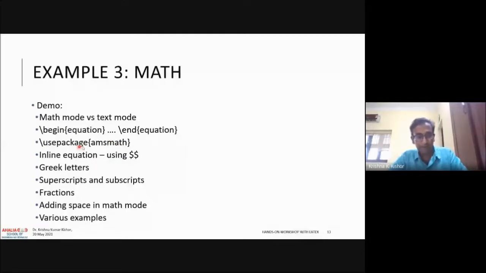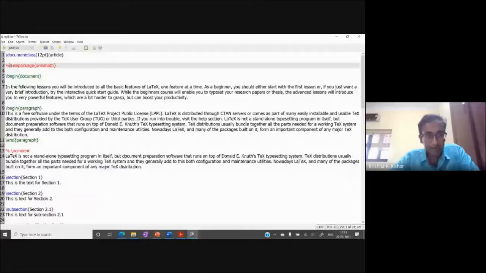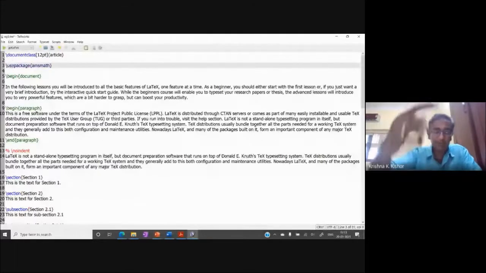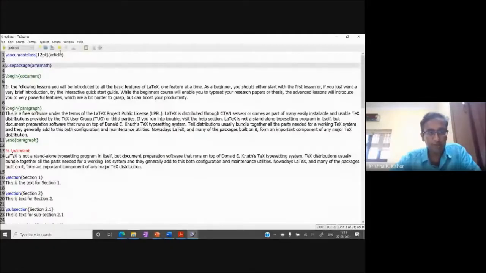Now, where do you put this line? You put it at the beginning of your document, after your document class, where you tell it what package you want to use. So when it's compiling, it will know. When the compiler reaches this line, it will read, okay, I want to use the AMS math package.